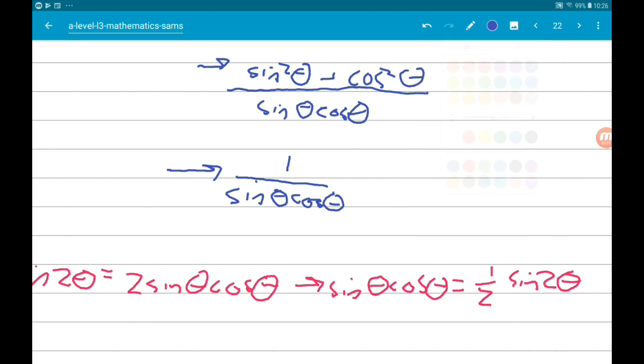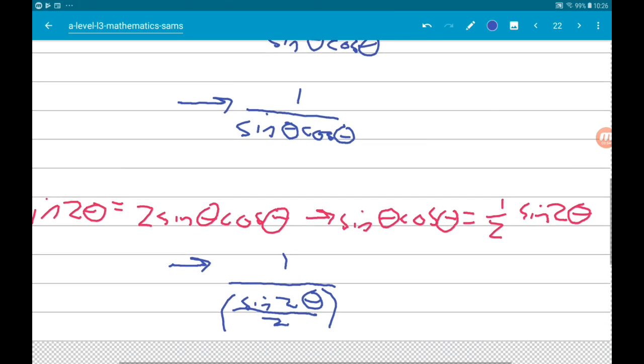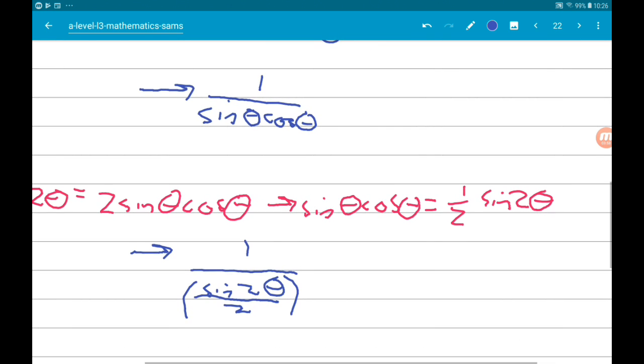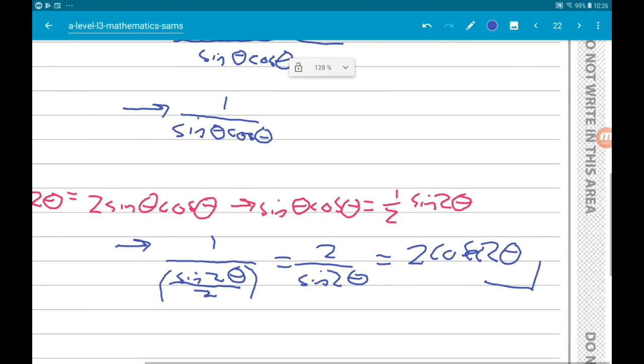So, we then have 1 over sin 2 theta over 2, which is 2 over sine of 2 theta, which is 2 cosec 2 theta. Boom. Okay, then for part B,